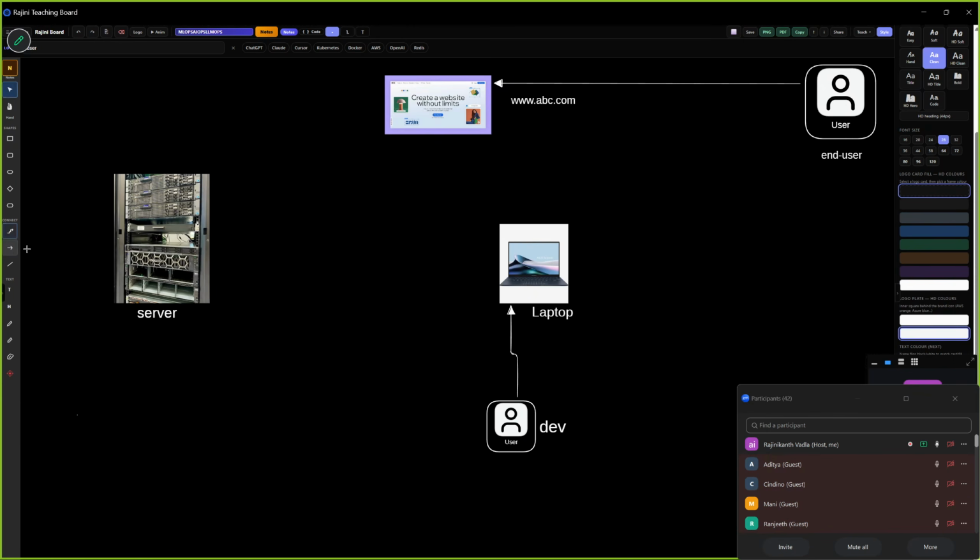He can only check locally whether the application is working or not with localhost colon 8080. By running this in the browser, he can check whether it is working properly or whether the design is proper in the Chrome browser or not.